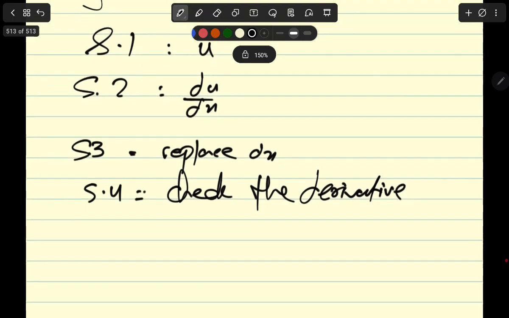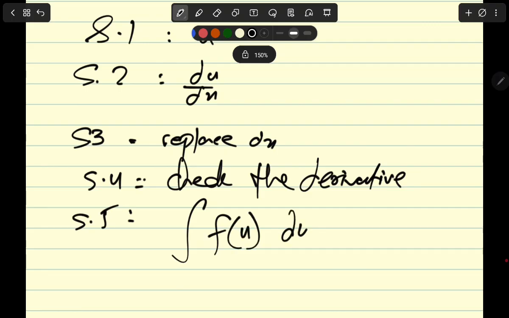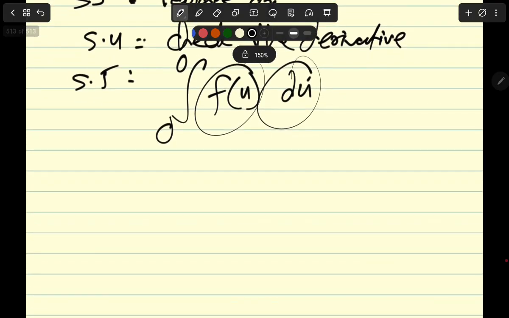And make sure the transformed integral contains only u and du, right? So make sure that inside of it you have a function of u and you are integrating it with respect to u, nothing else. You shouldn't have an x here, not here, not here, and not in the limits either, right? So it has to be in one variable only. And then